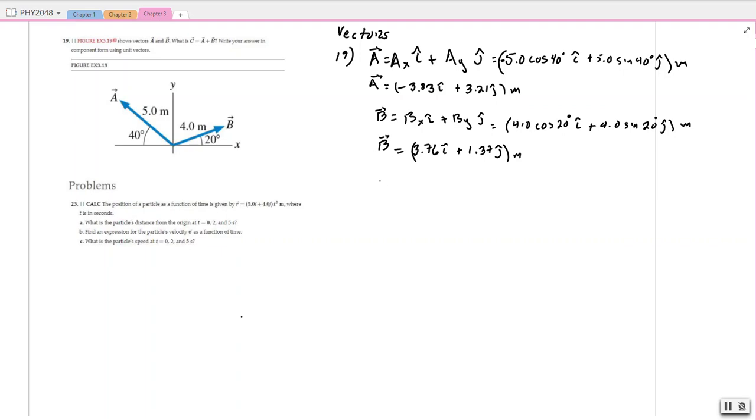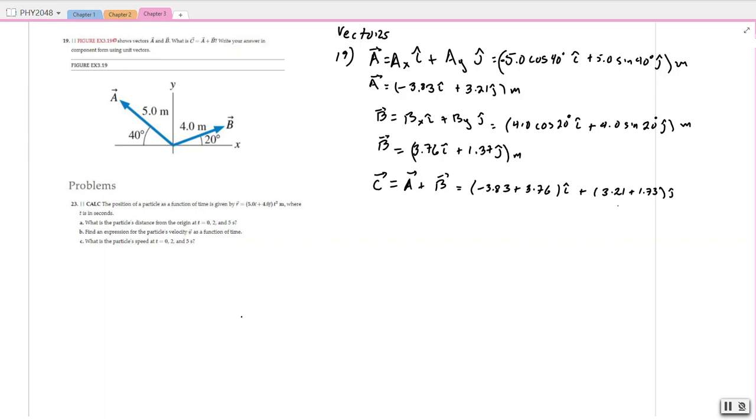So now we're ready to find the vector C. That is vector A plus vector B. So we're going to be adding the i component, that means the x component, so the components containing the unit vector i. So it will be negative 3.83 plus 3.76 i, of course, plus then now we have 3.21 plus 1.73